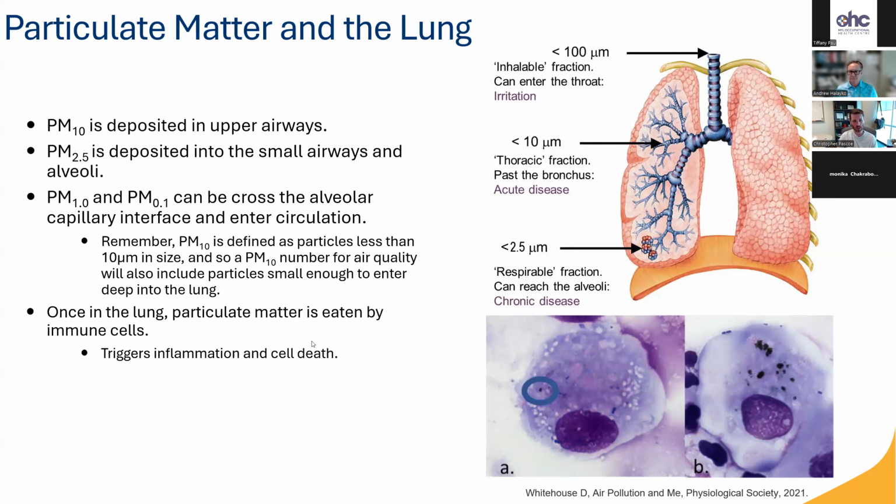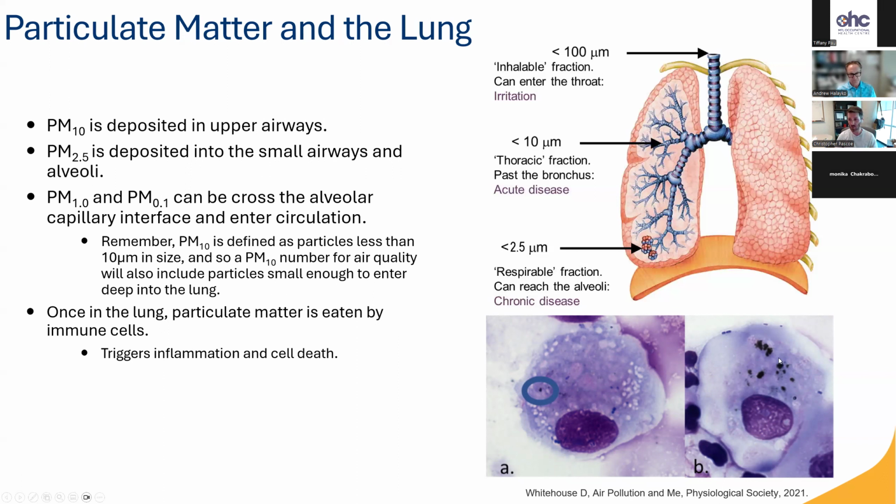Once they're in your lungs, there are immune cells called macrophages in there that go in and try to eat this particulate matter. You can see a picture over here of one of those macrophages, and these black dots within the cells are the particulate matter. They can't get rid of it. It just accumulates and sits in there. It looks a lot like immune cells in the lungs of people who've smoked chronically. They consume this stuff and it sits there,